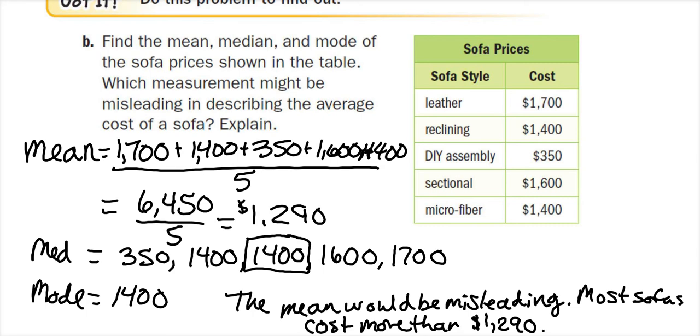All right, and again, people who are in business, they know this and they do this all the time. Okay, they can type in their numbers really quick and they can quickly find the mean, median, mode of all their merchandise. And whenever it's advertisement time, they can just spit something out at you and you're like, oh, that's great. And then you show up and then you're like, wait a minute, this isn't what they said. All right, and that's because they didn't lie, technically. Whatever they told you is technically true. It's just they didn't use the right one, okay? The mode would probably be better sometimes, or the median, okay? The mean is not